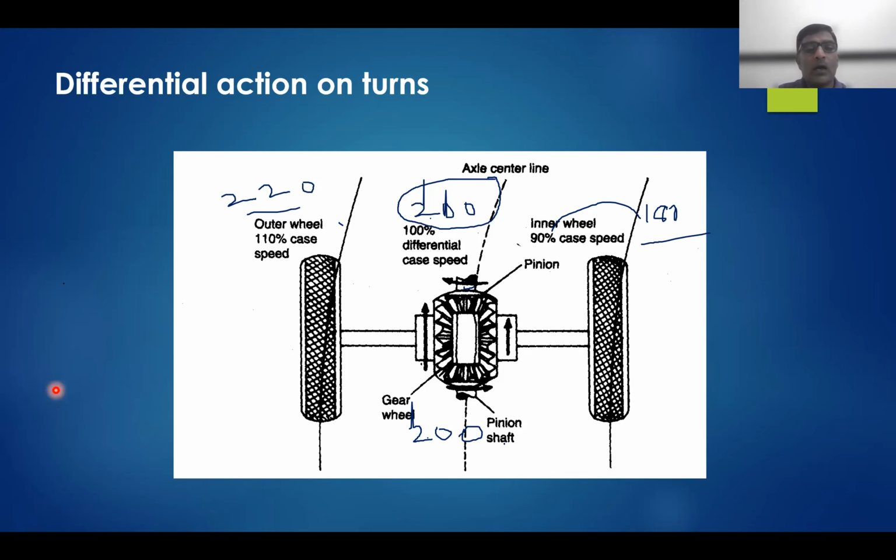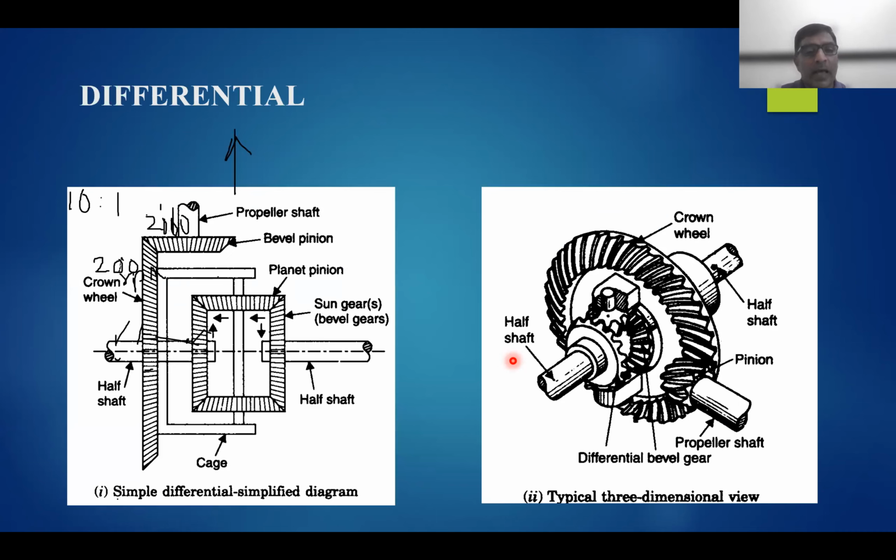If you are observing this figure properly, you can see this arrow has less length, and this is a larger or longer arrow. It indicates that this wheel is having more speed. This side half axle is having more speed. So basically the gauge speed is not going to be changed. Whatever the speed of the wheels, that is going to be changed with respect to this one and the other.